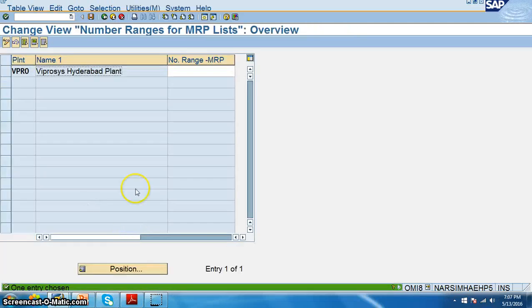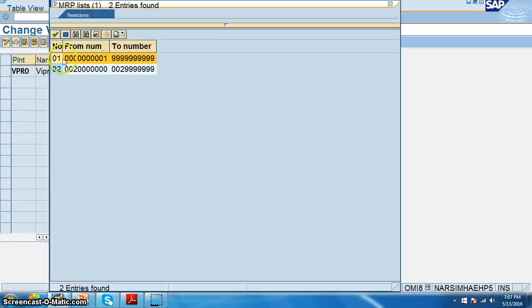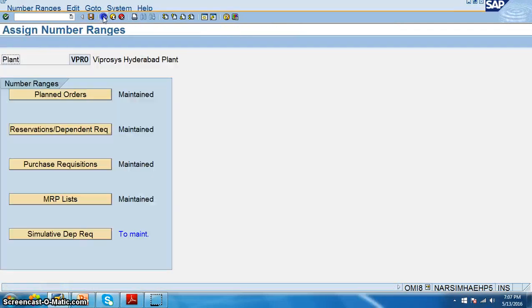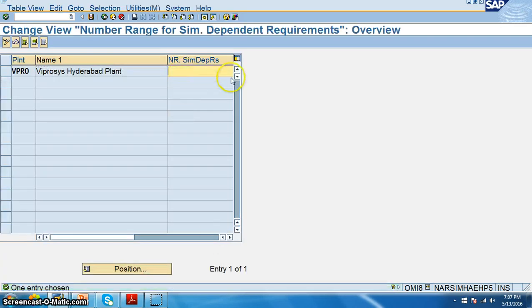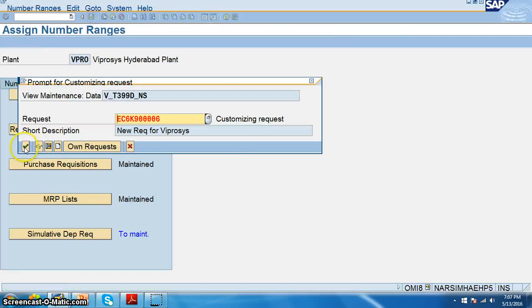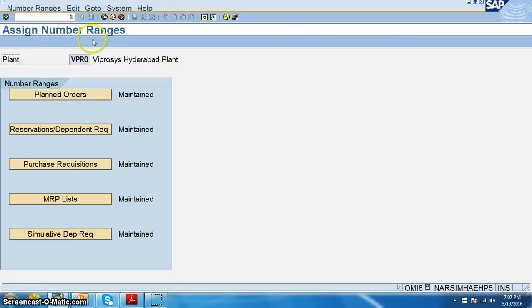Then MRP lists 01, save, say OK. Simulative department request 01, back.